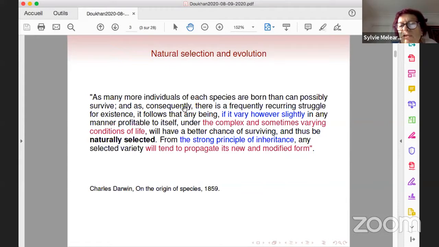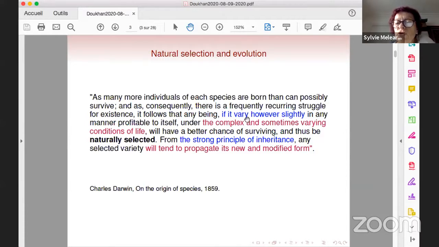As many more individuals of each species are born than can possibly survive, and as consequently there is frequently a recurring struggle for existence. So here you have the competition between individuals, either for resources or to share, for example, females or so on. That is the ecology of the problem, we could say. It follows that any being, if it varies however slightly in any manner profitable to itself,